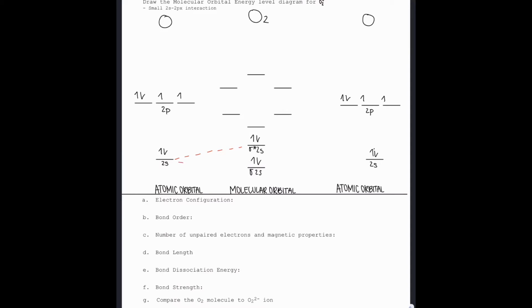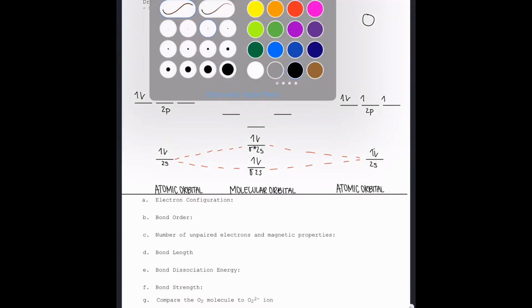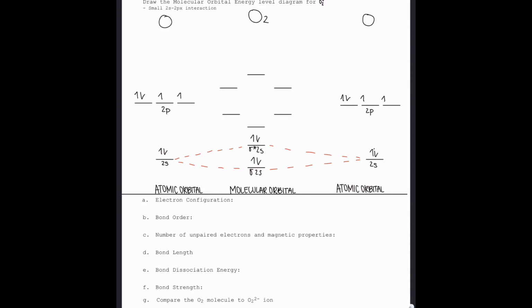By doing this, you are able to see how all 4 electrons are bonded in the molecular orbitals. Also, do not forget to draw in your dotted lines, connecting your molecular orbitals to your atomic orbitals. Next, we're going to move on to the 2p level. We will start by taking 1 electron from each O on the 2p level and adding it to the sigma